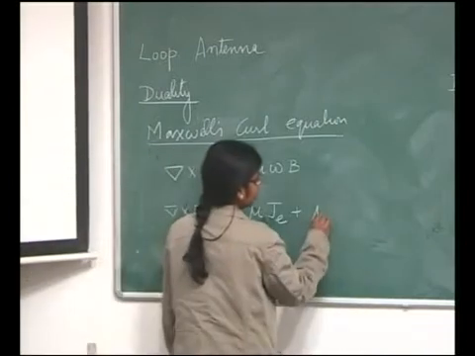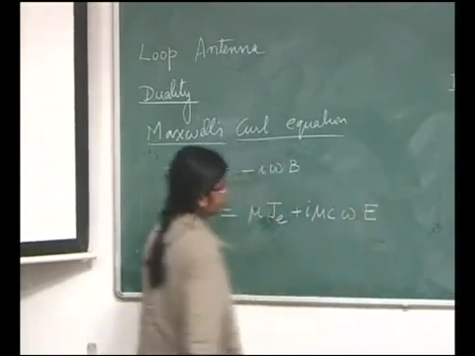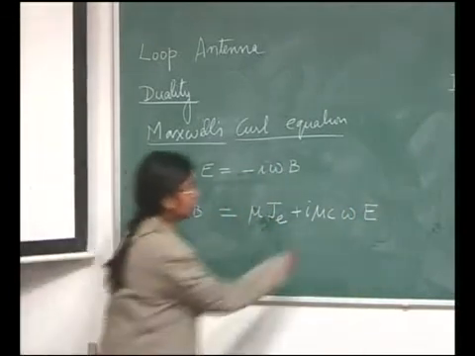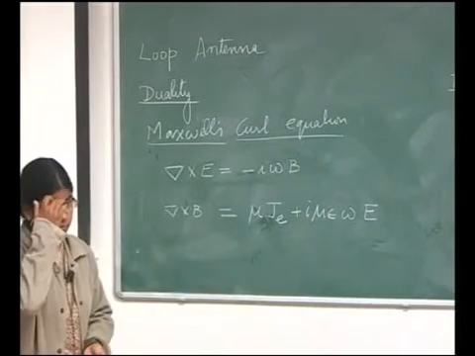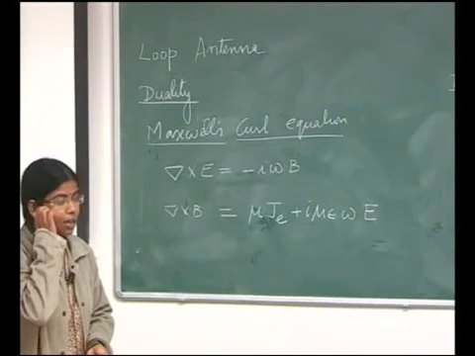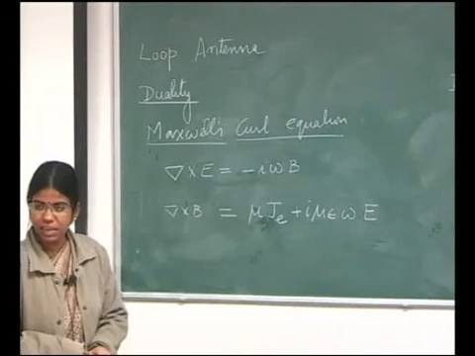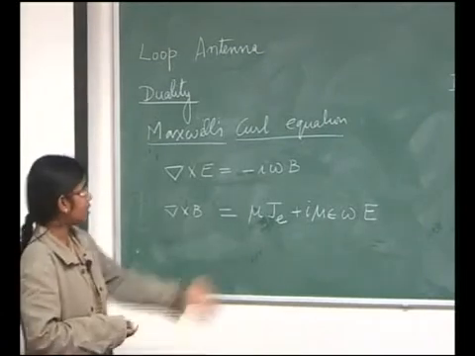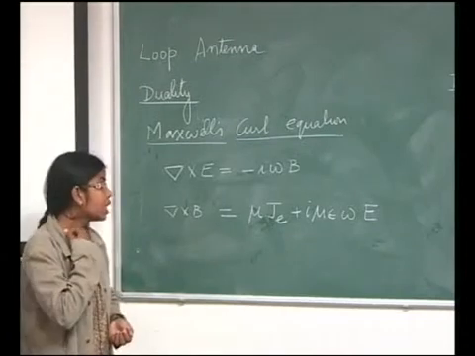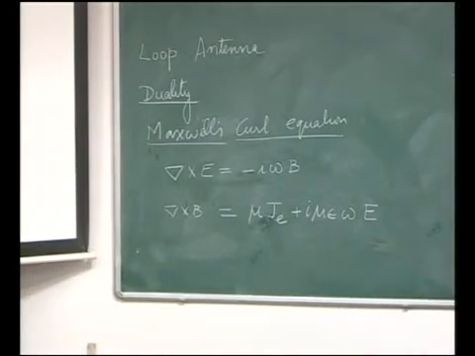mu epsilon i omega E. I omega factor is coming because I am assuming that my wave is moving as E is equal to E naught e to the power i omega t. The time dependent part is coming there as i omega. Okay. Now, from duality principle, I can straight away write